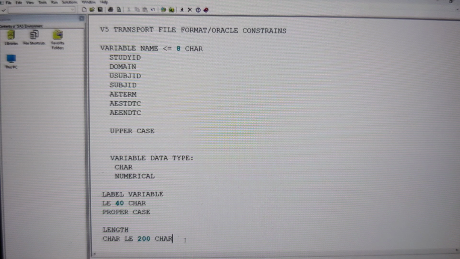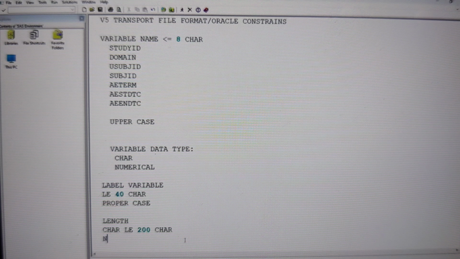Understand? And again, there are going to be certain rules: certain variables should have only length 8, certain variables' length should be less than or equal to 20, and I will tell you later as the case arises. And with the numerical variable, what is the length we can have? A numerical variable can have less than or equal to 8 bytes. So you know that for the length of the variable.